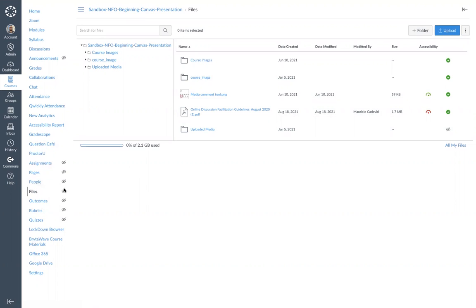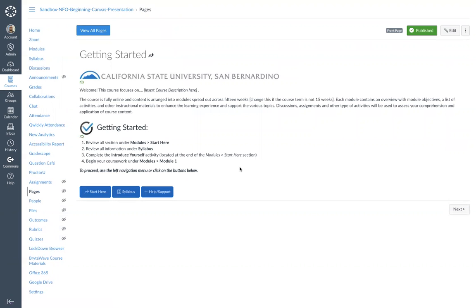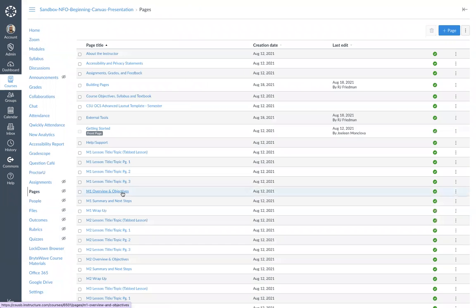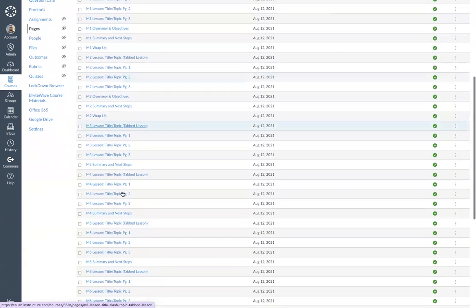Now, the next thing that you could actually do, let's say that you don't want to just simply give the students an article, in this case, the PDF. You want to organize it in a more meaningful way. What you can then do is create a page. And so everything that you're going to see like this in Canvas is considered a page. When you click on pages, it's going to take you to our default front page, which is the getting started. You can just simply click where it says view all pages on the top left corner. And everything that you have created will be a page here.